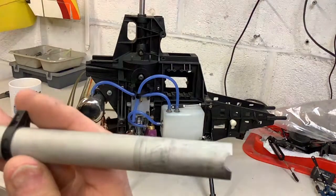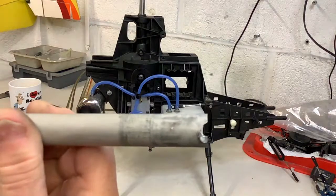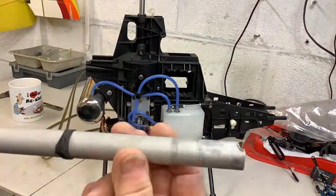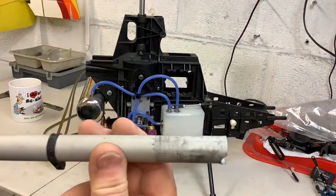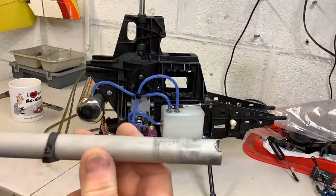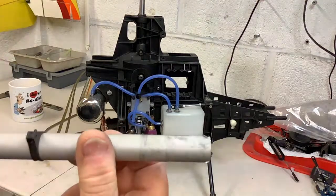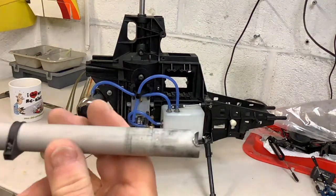Yeah, it looks damaged on the ends. This is the end that goes in the heli. And I sort of rolled it around tonight, and I believe it's bent as well. Now, these are almost impossible to straighten. I'll see how bad it is, because it only has a belt running through it, but I've seen on Midland Helicopters, Trevor's got a few